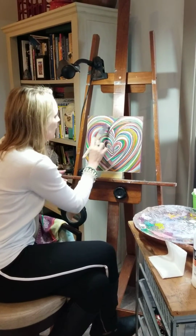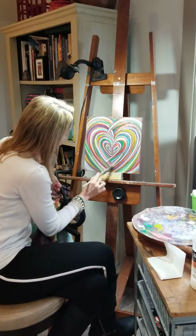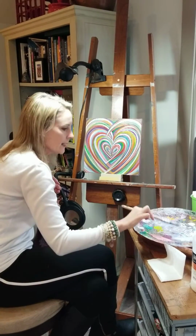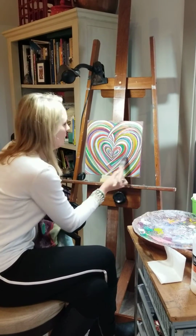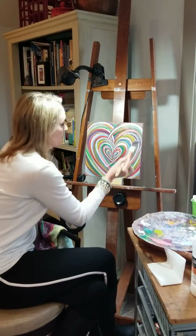as you practice. Now, this is a thin layer. You don't want to overwork it. I know that I'm missing some spots. That's okay, because once I complete this first layer, I'm going to let it dry for probably 3 or 4 hours, or maybe I'll come back tomorrow